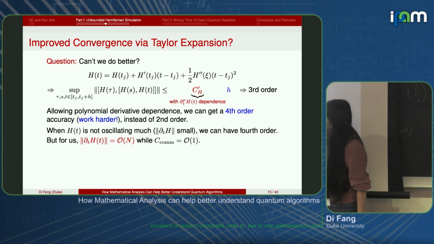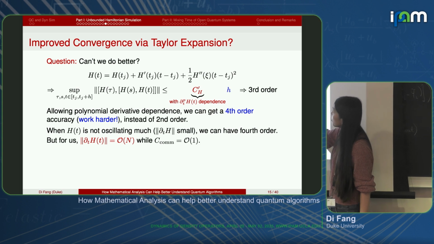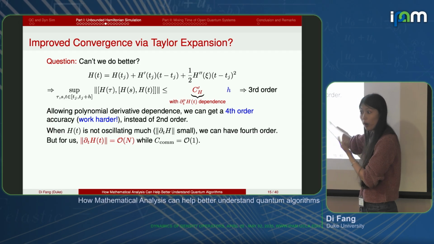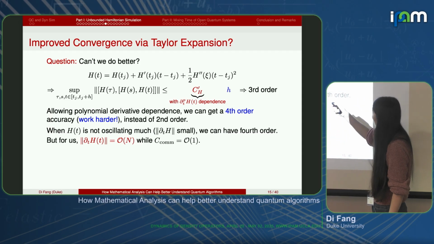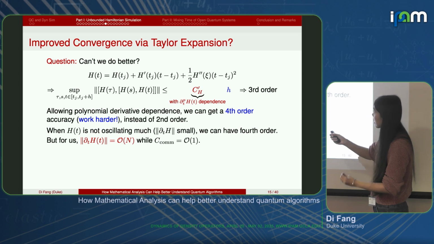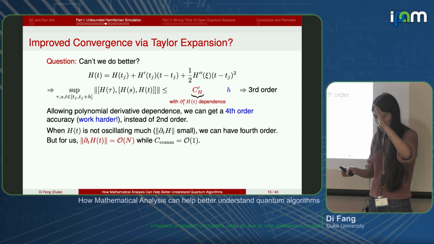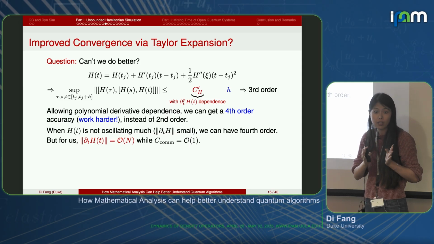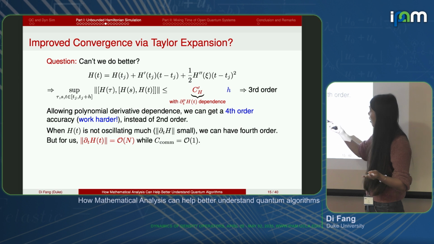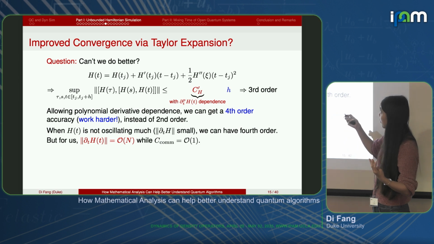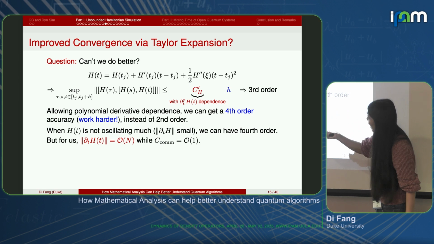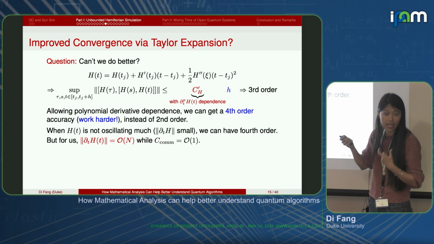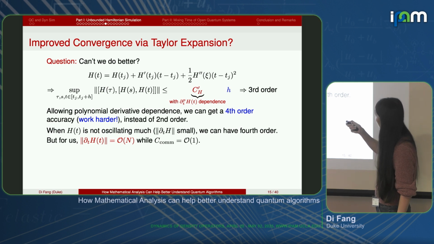What you realize is that inside this argument, what you will reintroduce if you really use Taylor expansion is the derivative dependence in a polynomial fashion. In other words, if h itself is not oscillating, the derivative dependence is of order 1, of course you get fourth order convergence if you like. However, in our case, the derivative is not small at all. It operates on the poly n size. So if you look at this whole thing,